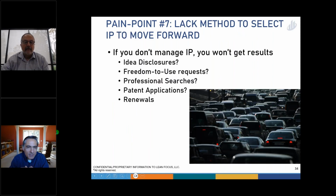All right, this brings us to our 7th and final pain point and solution, and then we'll do a brief recap and then talk about next steps. So this pain point is the lack of a method to select your intellectual property to move forward. If you don't manage your IP, you won't get results. So some of the solutions to these